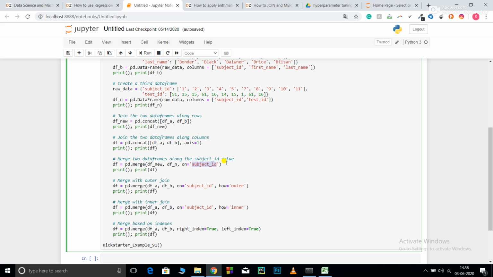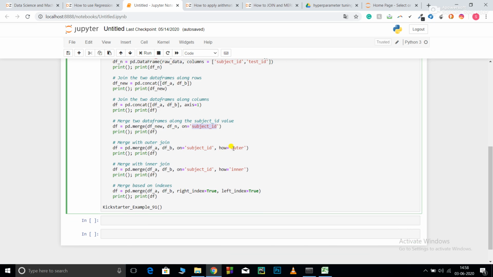Yes, basically the primary keys that are unique to each of these data frames. Okay, now after that I am joining here with the help of outer join. So outer join is basically a kind of union of two data frames. It will give you an output data frame that is a union of these two data frames. You will understand that when you see the output. Now inner join is basically intersection.